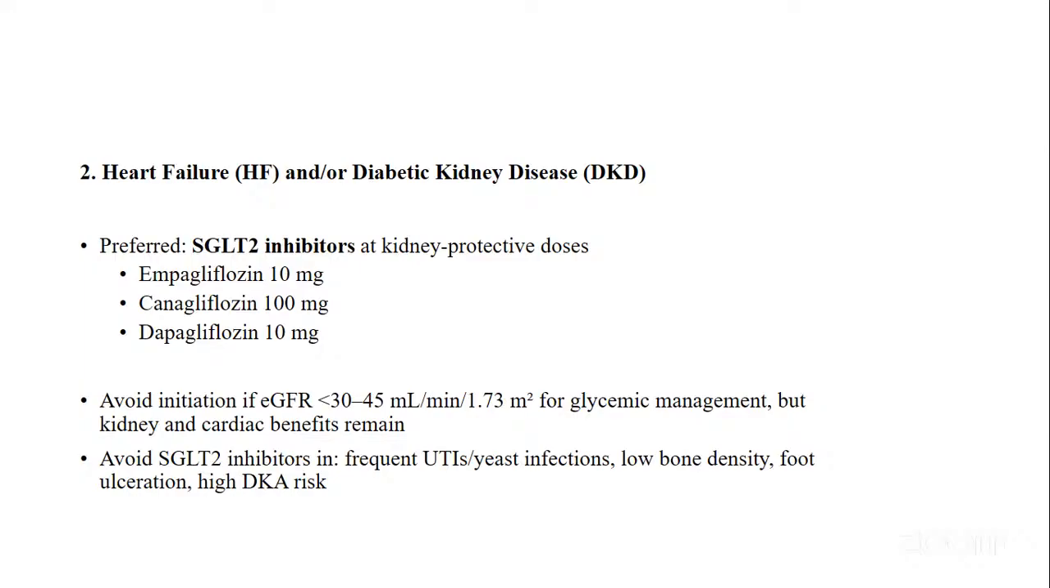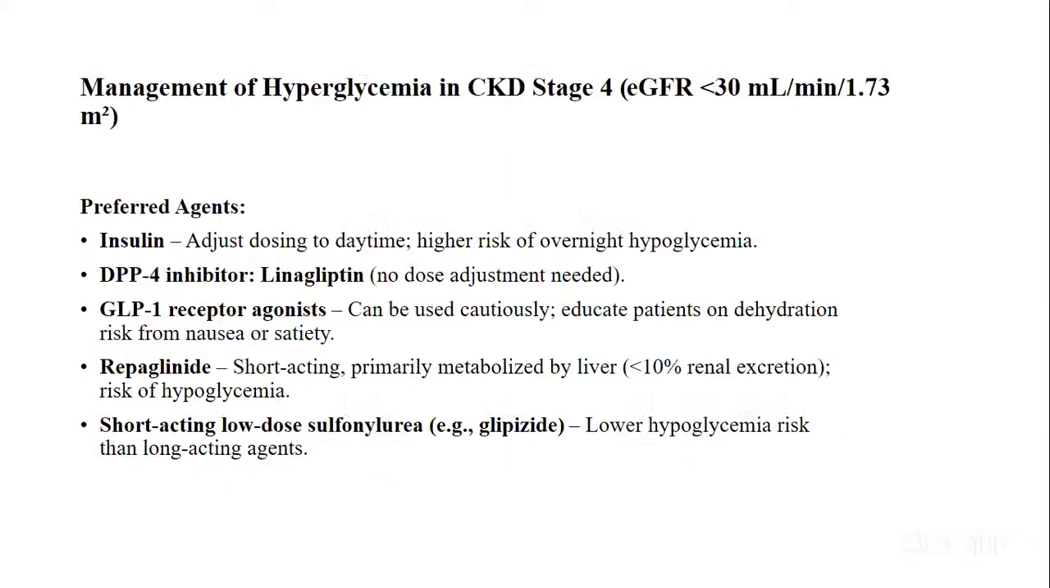We have to avoid SGLT2 inhibitors in patients with frequent UTI or yeast infection because of increased risk. We also avoid them with low bone density, foot ulceration, or high amputation risk because of the increased risk associated with SGLT2 drugs. And the other is, if the patient is CKD stage 4, eGFR less than 30, the